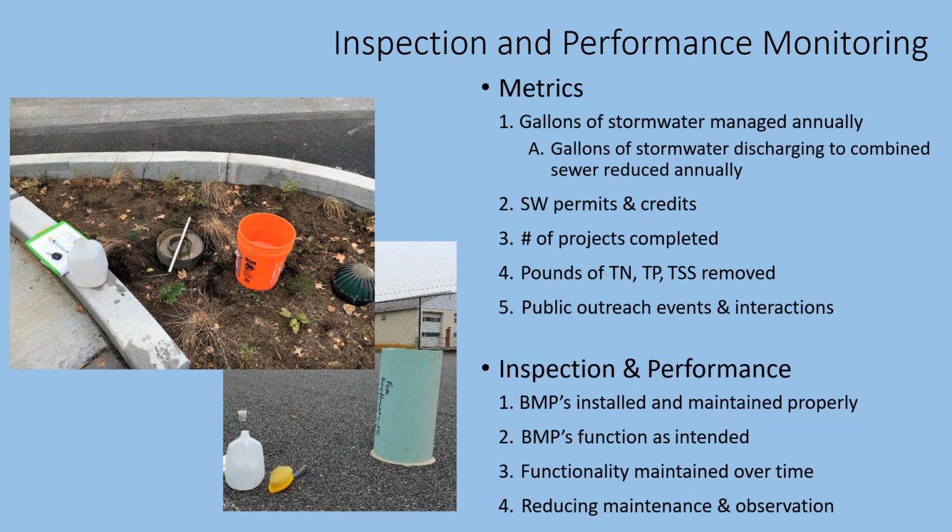And what we look for primarily is the number of gallons intercepted or managed annually before stormwater enters into any of the city's gray infrastructure, conveyance infrastructure. We also look at the number of stormwater permits and stormwater management fee credits we provide every year. And at the end of the day, really what we're looking for is volume and nitrogen, or volume and nutrients removed. And we do that by inspecting all of our BMPs every 4 to 6 weeks and monitoring them at least once every 3 years. And we look to make sure that they are installed and maintained properly.